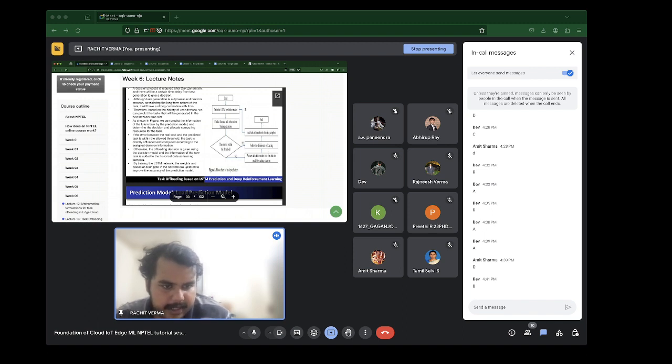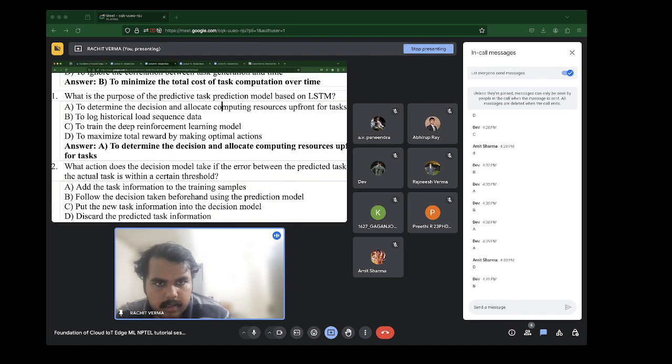But if it is not, then this new task information is also added to the decision model for making decisions. Okay, let's go to slides 14, 15.